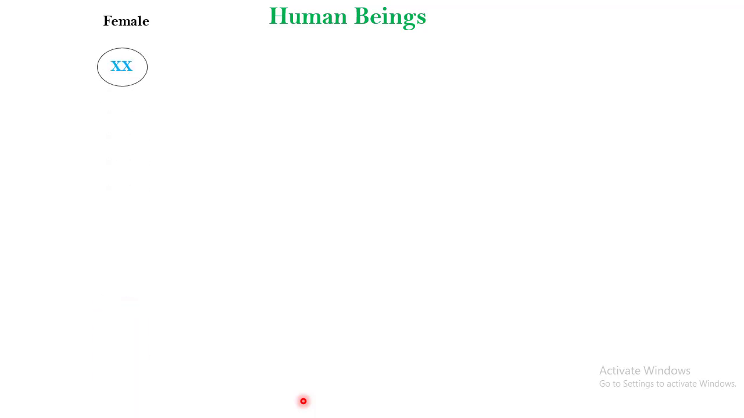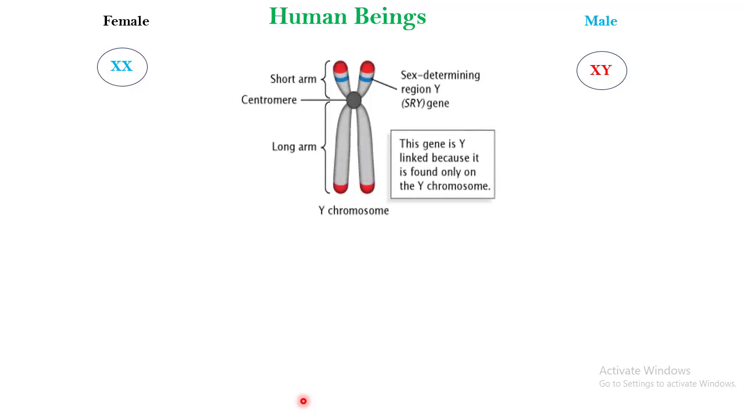If you talk about human beings, as I've told you, females have two X chromosomes, and males have an X and a Y chromosome. So what is special about this Y chromosome that makes the individual a male? If you look at the short arm of the Y chromosome, you are going to see a particular region which is known as the sex determining region. And the sex determining region is going to have a specific gene which is known as the SRY gene. And this gene is Y-linked because it is only found on the Y chromosome